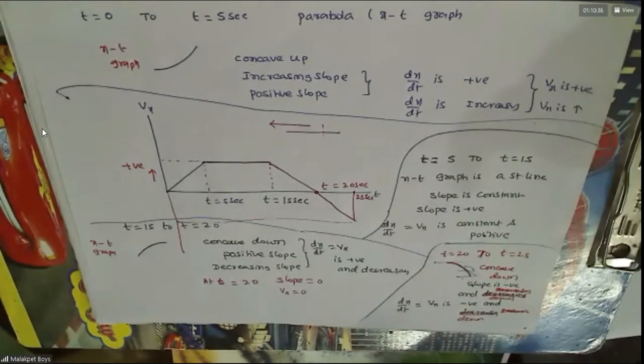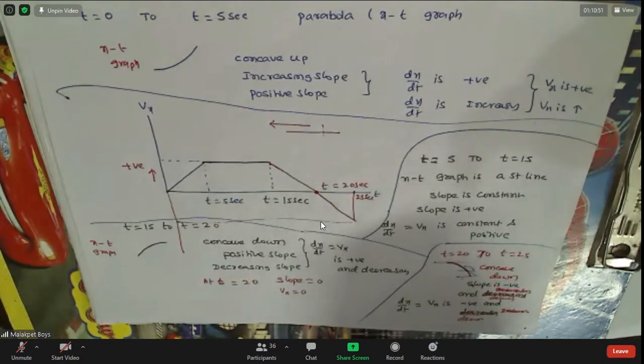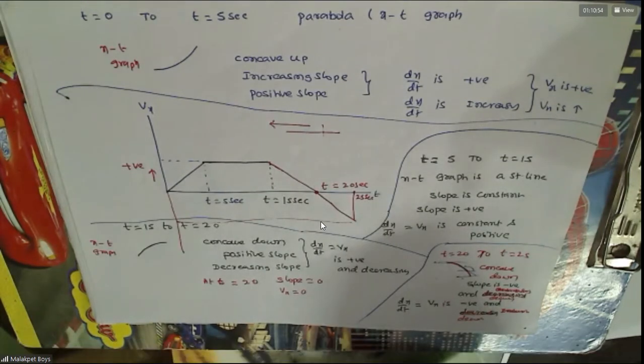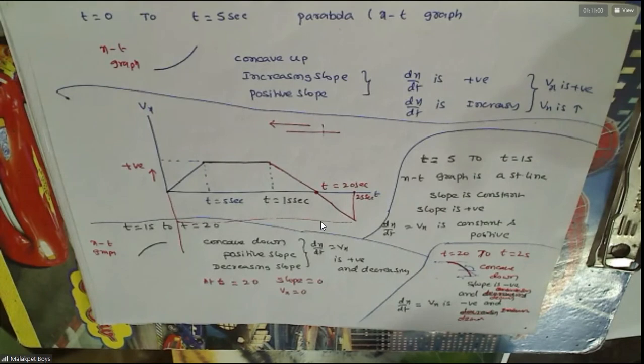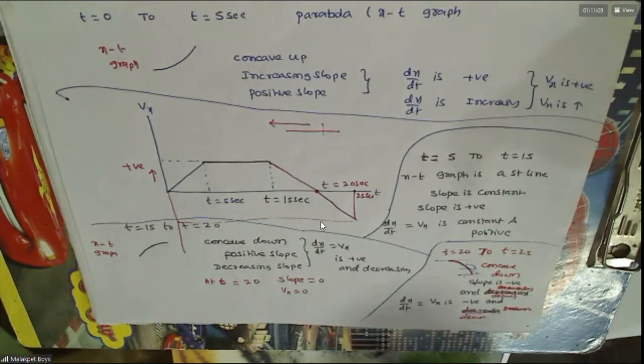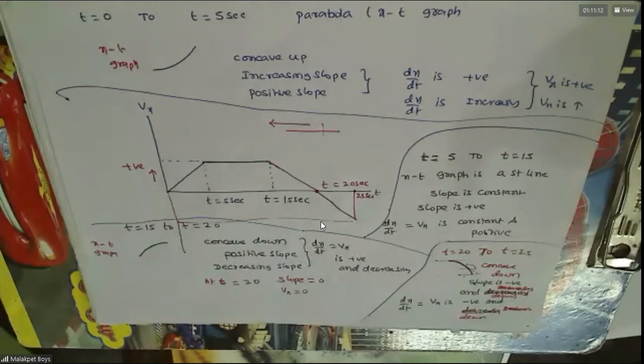We are drawing a straight line, sir. In this velocity-time graph, sir, here decreasing, increasing, everything came, so why no straight line, sir? Slope is constant, what are you saying? For this velocity-time graph, what you got here is velocity negative and increasing. Correct? Sir, decreasing. Okay, decreasing, I wrote decreasing only. Tell what is your doubt then. Sir, then why do we draw a straight line? We should draw a parabola, like a curve shape, in the velocity-time graph.